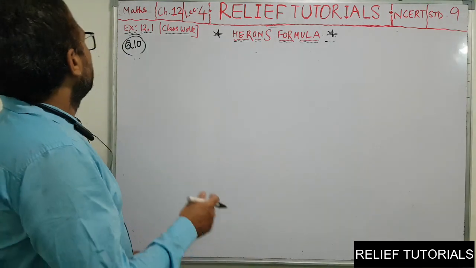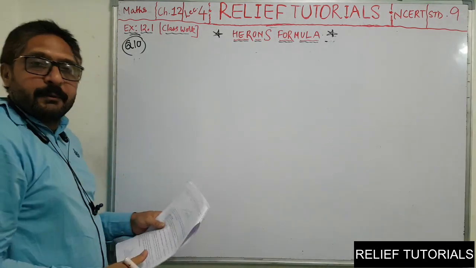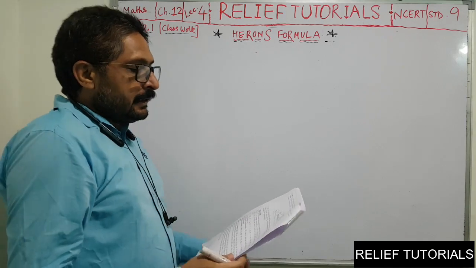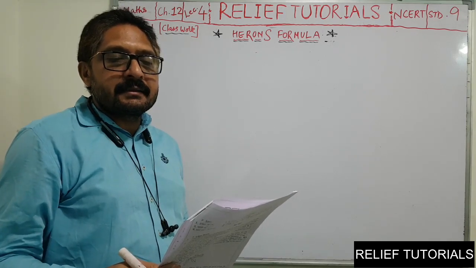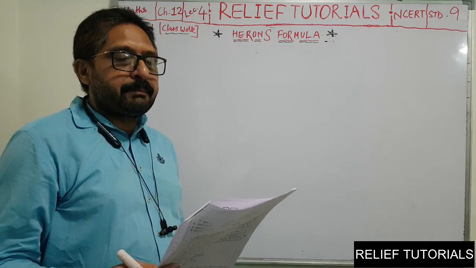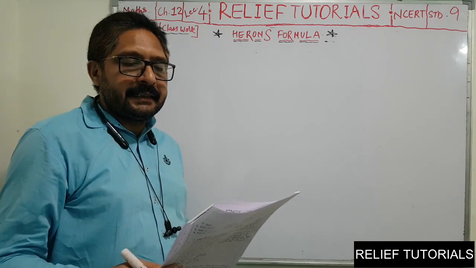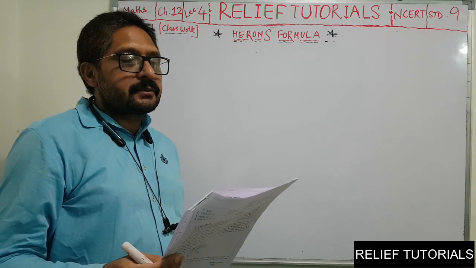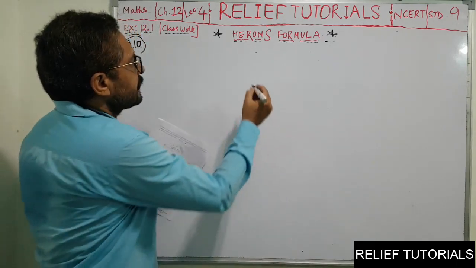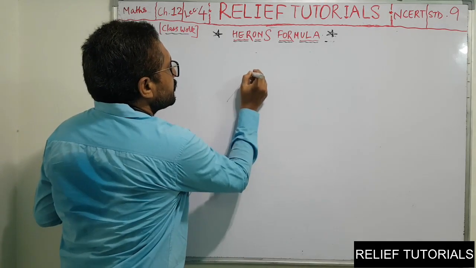Today we will do question number 10 of exercise 12.1. See, there is a slide in a park. One of its side walls has been painted in some color with the message "Keep park green and clean". If the sides of the walls are 15 meter, 11 meter and 6 meter, find the area painted. Nothing very simple. It is a park.